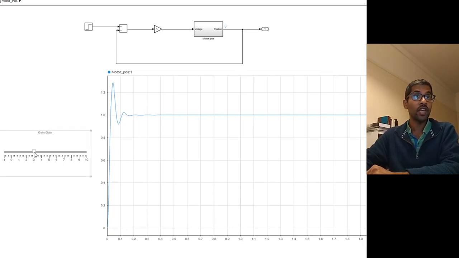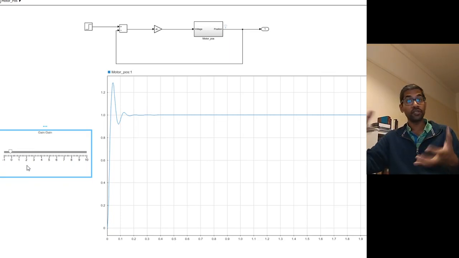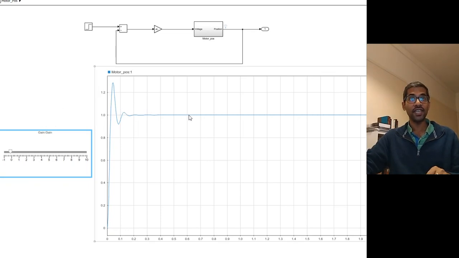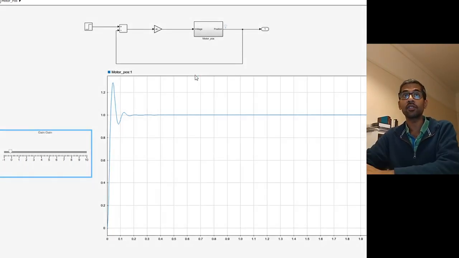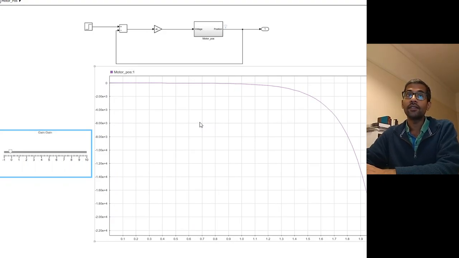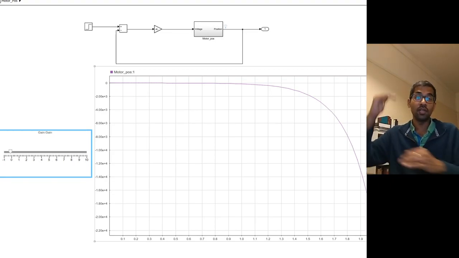Now let me change the gain and make this gain negative. Right now this was a negative feedback loop. The position came to a constant value, but now I'm going to change the gain to negative. What do you think would happen? So let me run this, and you can see that things have not gone that well. The motor position started off at 0, and it's just going negative,